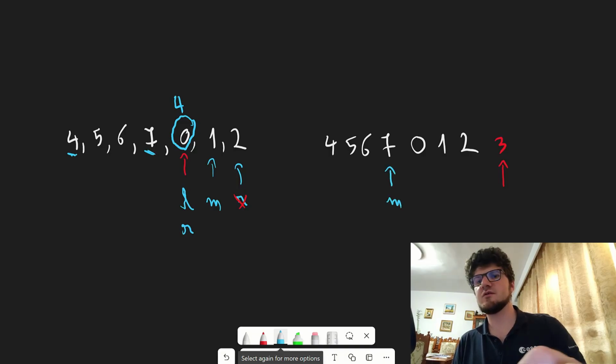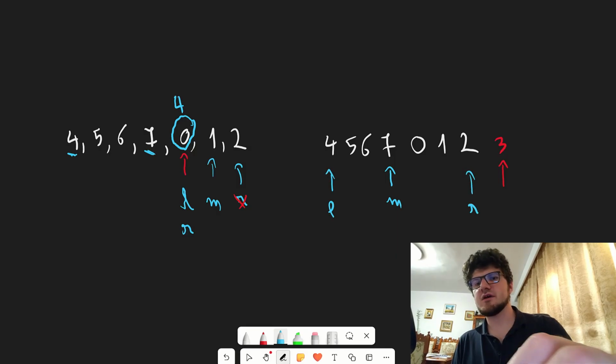So 3 is not in the array, it's just there as an example because that's the target. And we take the left side and the right side, and we check, is 4 less than 7? Yes, so this portion of the array is sorted, so the rotated index must be on the other side. And then we check if 3 is between 4 and 7, and no, it isn't. So we go on the right side of the array again